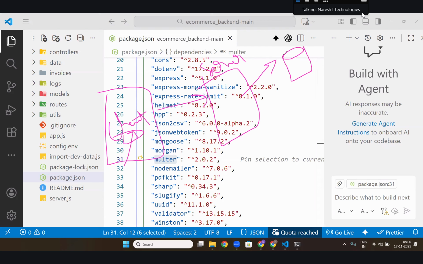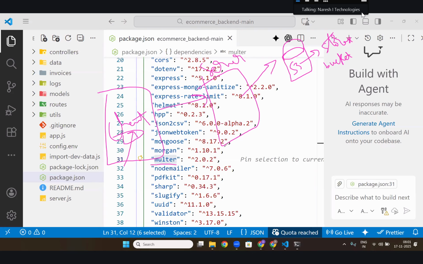Those are called storage buckets. One of the popular storage buckets is Amazon S3. So your backend will upload this into Amazon S3 using Multer.